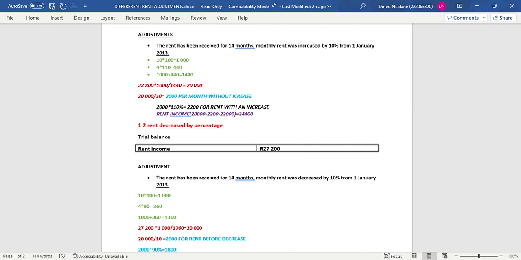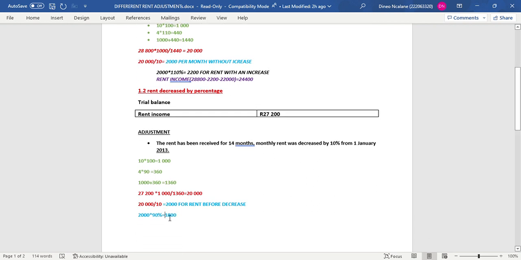Okay, which means the rent after the decrease of 10% per month is 1,800. So the rent is being decreased by 2,000 rand. Okay, it is for the rent after a decrease. Okay, let's use black to highlight this. Yeah, so